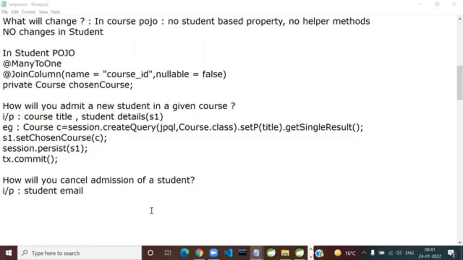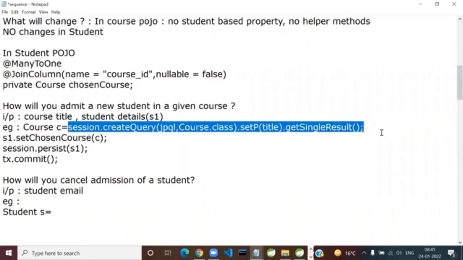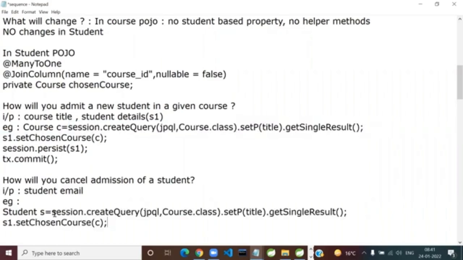session.delete(s). So guys, think about your own answer. Is there any need to say s.setChosenCourse(null), since that record itself is going to be deleted? Are you understanding the point? So the only requirement will be, as in the example code, fire the JPQL. Try it out. I'm giving you so many things, so you have to be hardworking types. The moment I give you the student email, just change it to get.